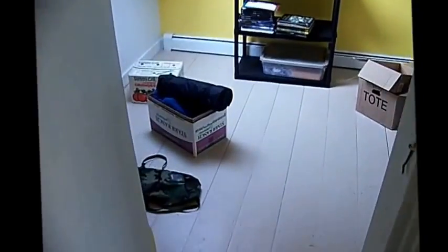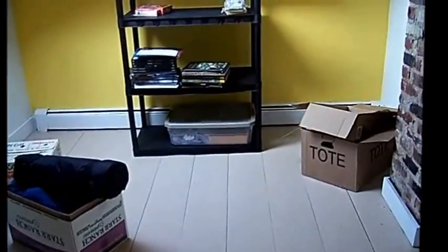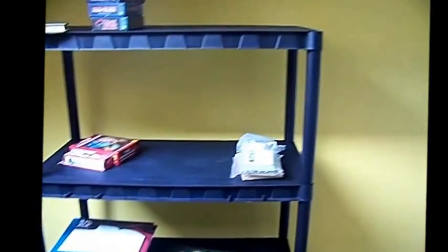This is a cool part. I have this little tiny room. I'm going to have to duck down through the doorway here. It's a little tiny room. The only light is this skylight here. So, needless to say, it gets really dark once the sun goes down. I haven't put any lights in here yet. There's only a few outlets, and there really isn't a good place to put one, but I'll put one up eventually. It's got these ugly yellow shelves, these little cubby holes that go out into the attic, and the only